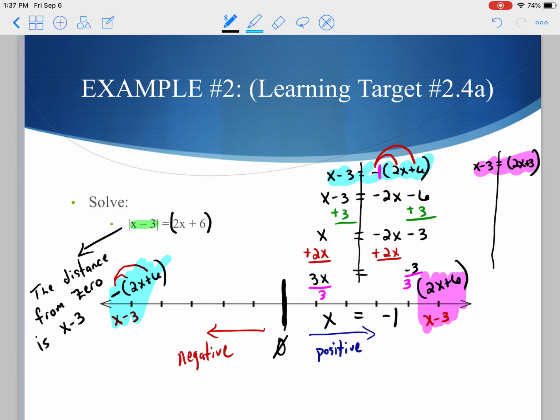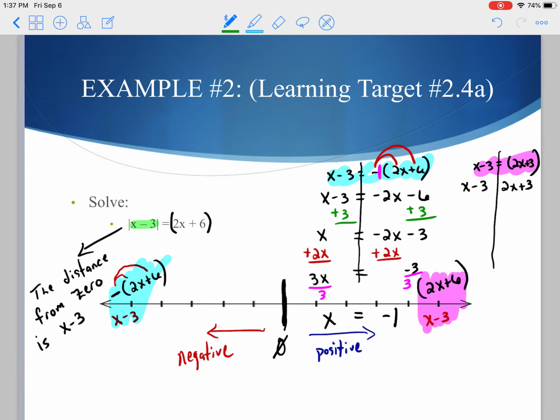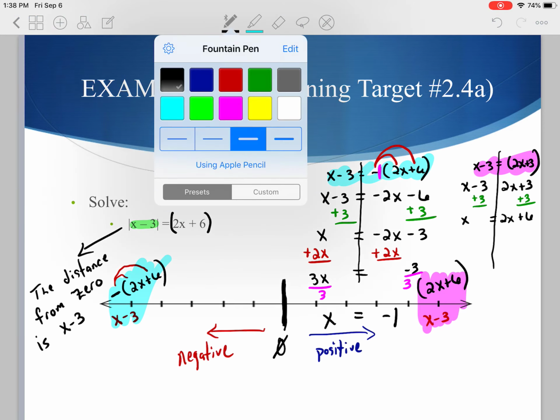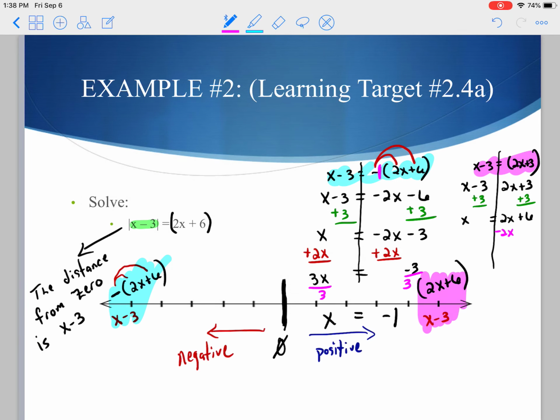So for that reason, I can simply remove the parentheses and begin solving. And so as I work to solve this equation, once again using my properties of algebra or properties of real numbers,